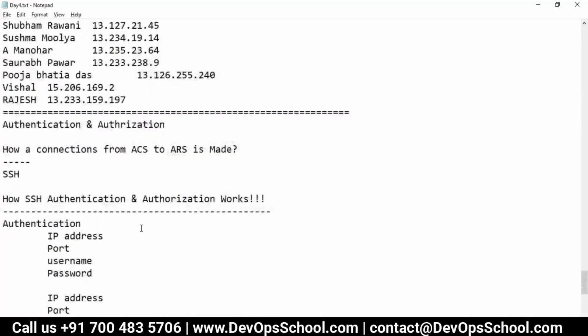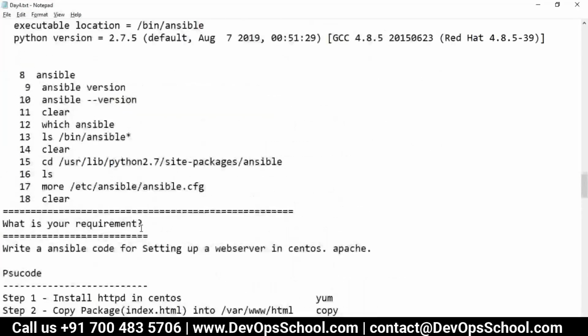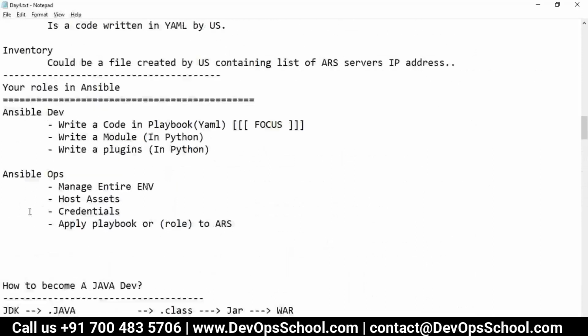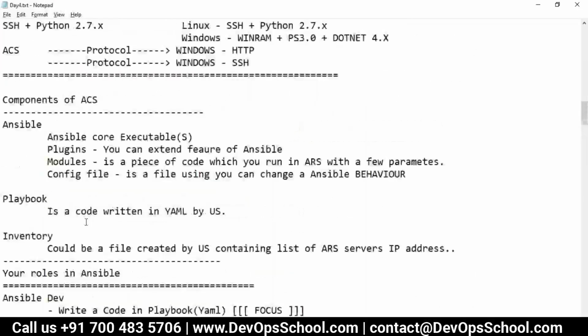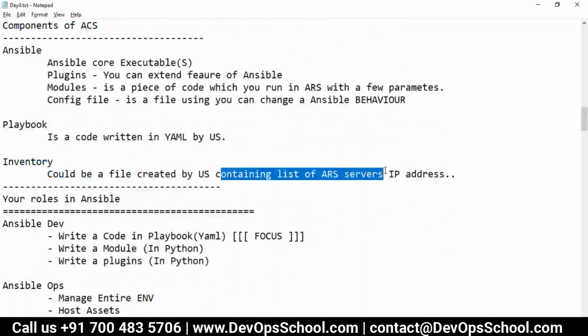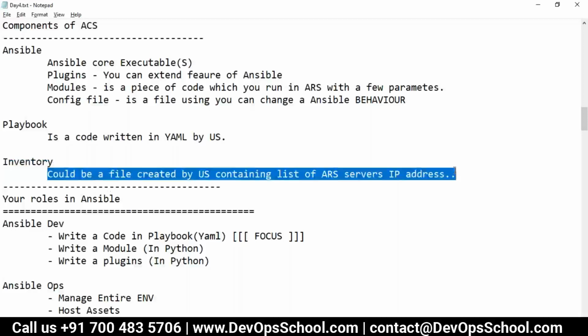So what I learned in the initial session is that there is an inventory, a component of ACS. The inventory could be a file, created by us. What does it contain? A list of ARS server IP addresses.